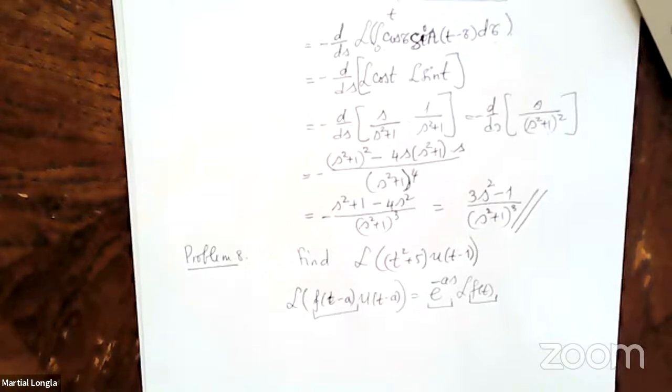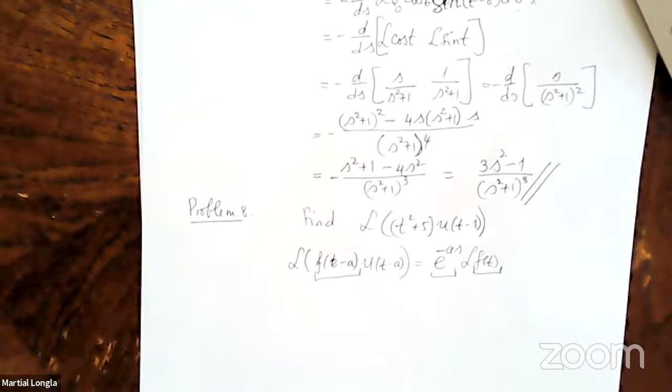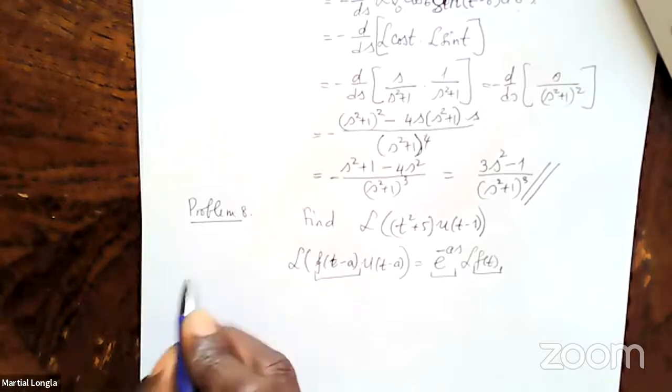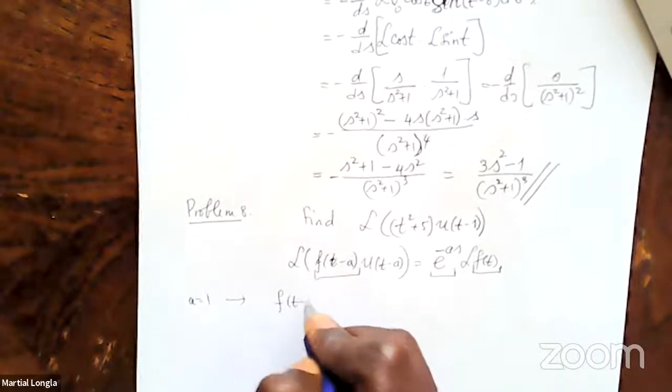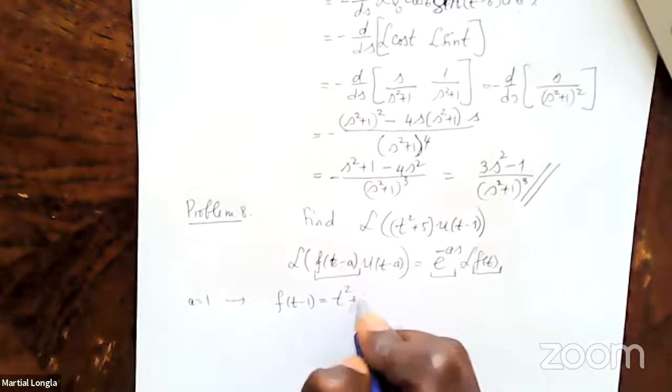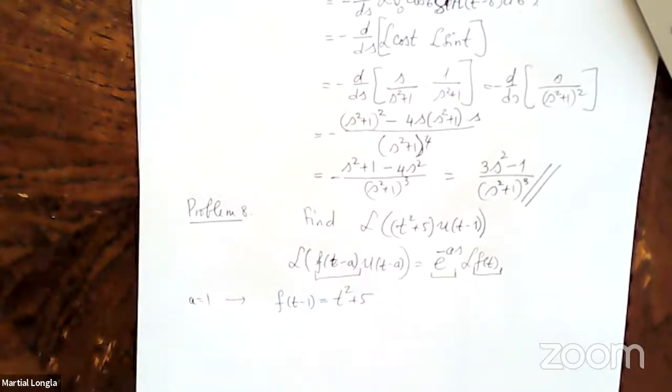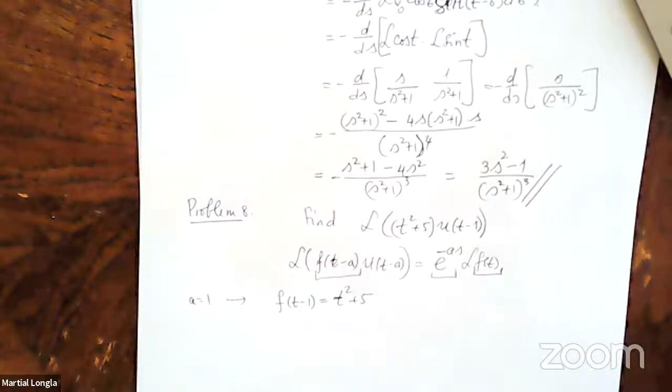Okay, so there's something to share here. So what is f of (t minus a)? What is a? A is 1. So to find f of (t minus 1), you could take the function you're given, t squared plus 5, and plug in t plus 1 for every t. No, you are going backwards. That is done when we go from the Laplace transform to the inverse Laplace transform. But here,